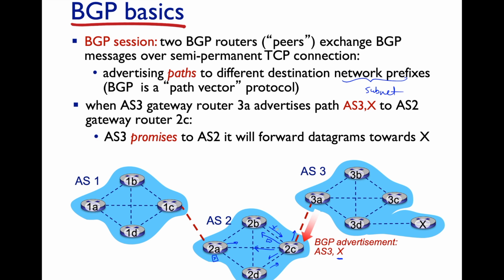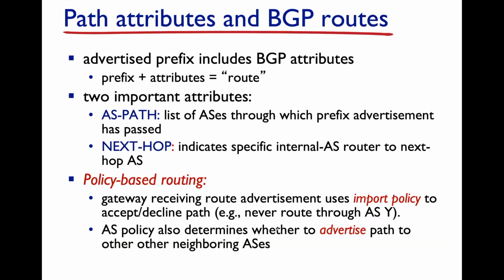Okay? All right. So, what does this advertisement consist of? Well, it has a prefix and it has certain attributes. And these prefix plus attributes constitute the route. Now, there are two important attributes associated with this advertisement. One is the AS path, so it's the list of autonomous systems through which this advertisement has passed. So you kind of log down or note down in this advertisement which autonomous systems it will traverse,